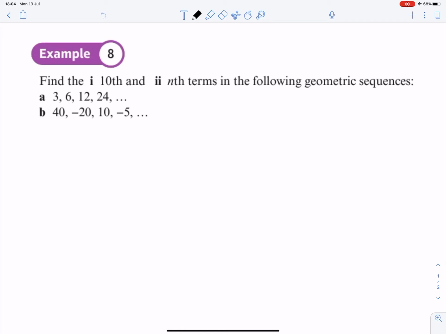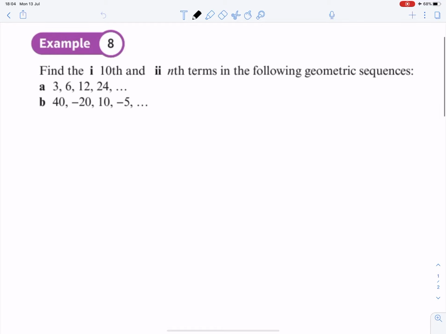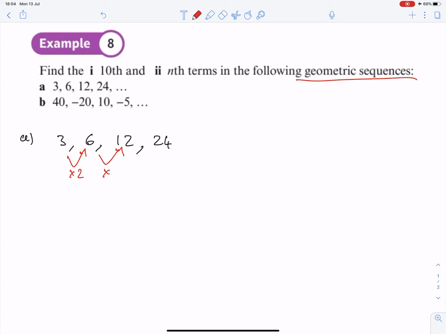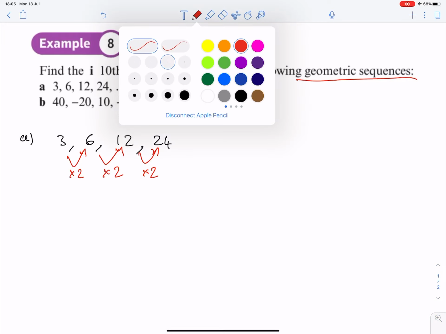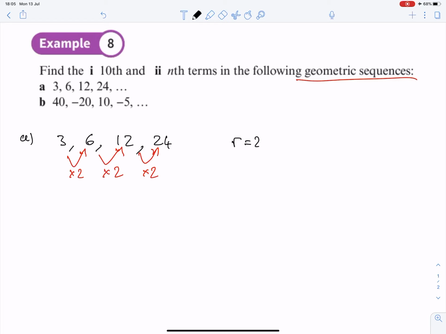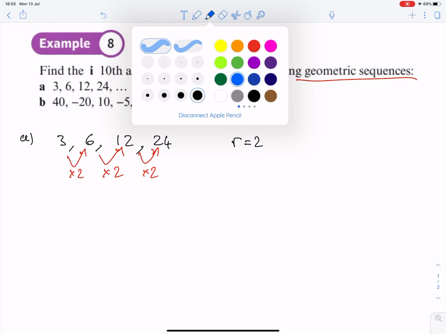Okay, example 8. Find the 10th and the nth terms of the following geometric sequences. So, part A, 3, 6, 12, 24. Well, thankfully we're told they're geometric sequences, but even if we weren't, I would hope you'd spot that to get from one term to the next, we can always multiply by 2. So that's going to tell me that R is equal to 2, the common ratio,